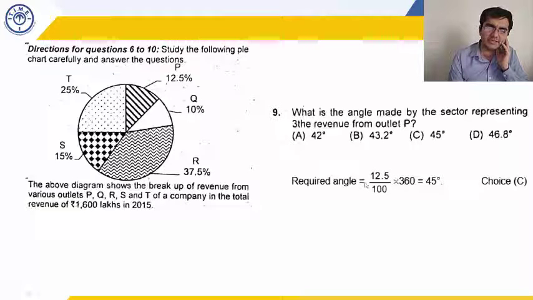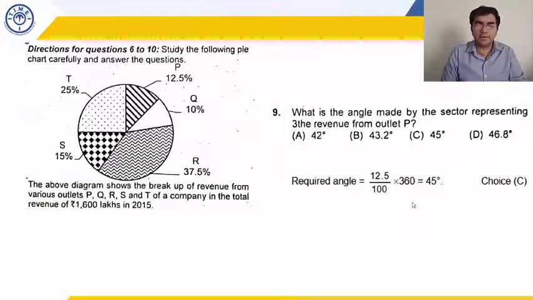And we already know 12.5% is 1 by 8. So 360 by 8 is 45 degrees. Okay. Again, very straightforward question. So I'm repeating. You don't need to feel that I don't have a maths background and why I'm going to struggle, or that this is going to be difficult. Just percentages you need, and you need common sense. That's all for these questions in today's class.